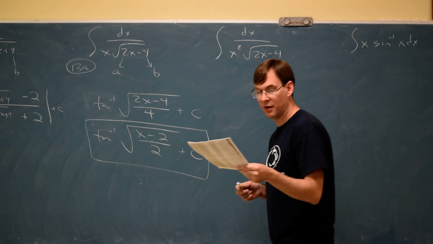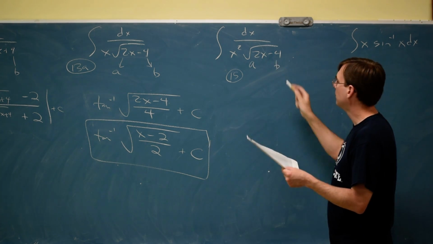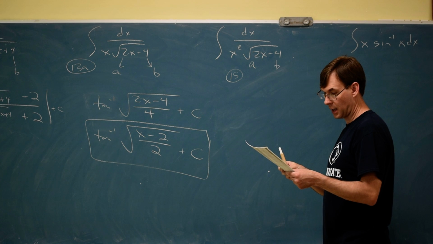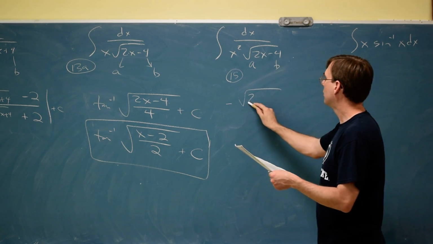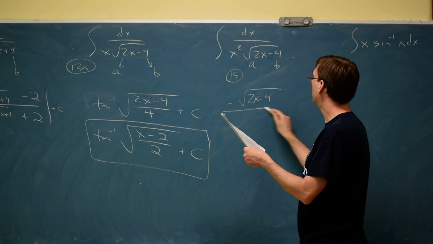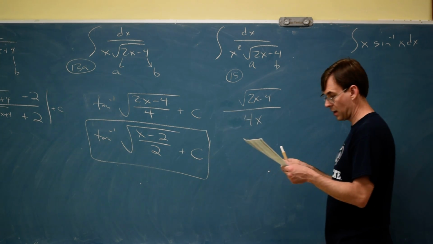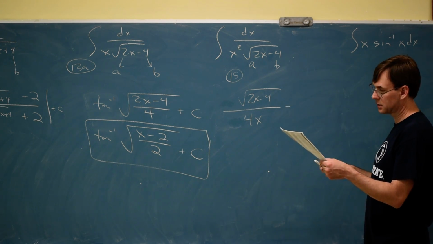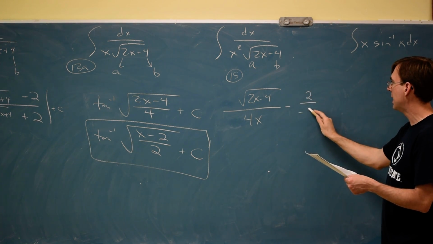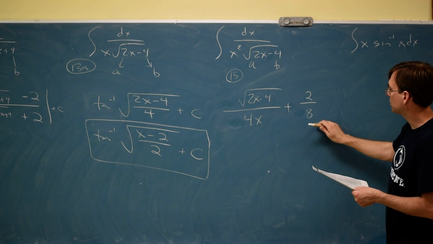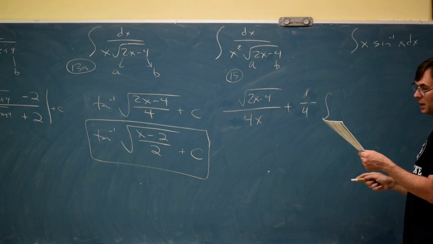15 has an x squared. And 15 doesn't have an a or b because it just doesn't matter. The a is the 2, the b is the negative 4, and then we're going to just follow the trend here. So we'd have negative, the root that was there at the beginning, on top of a negative 4x, negative and negative will make positive in my world, minus an a of 2 on top of a 2b, which is a negative 8, minus minus makes plus, 2/8 feels like a reducing thing I should do, and then a new